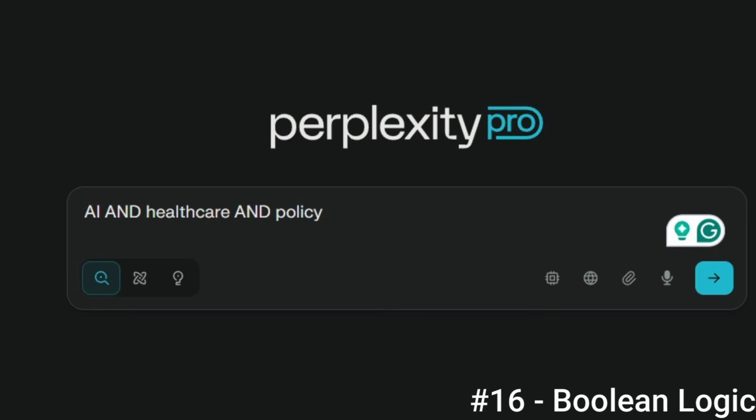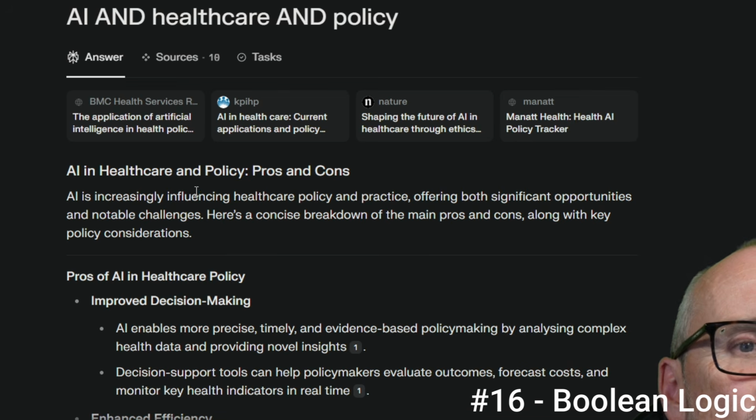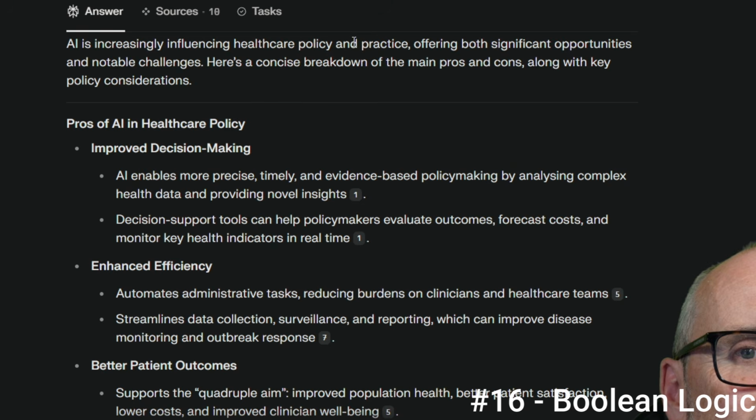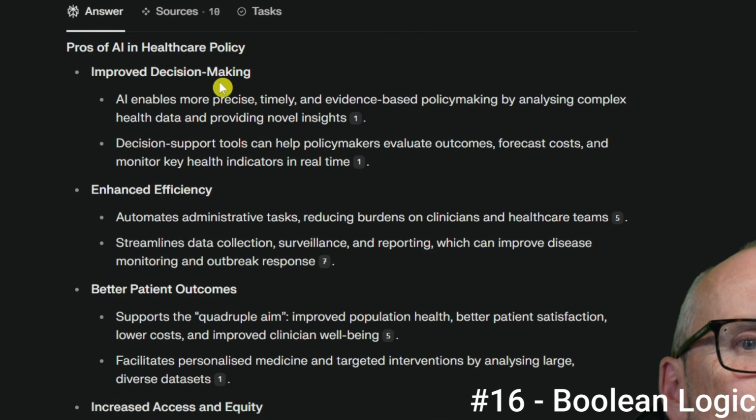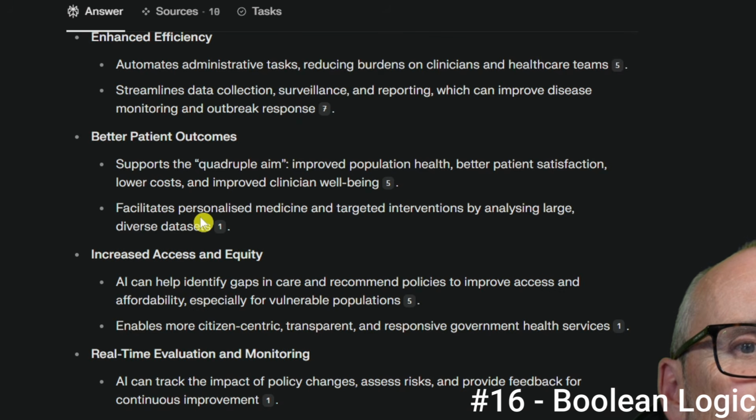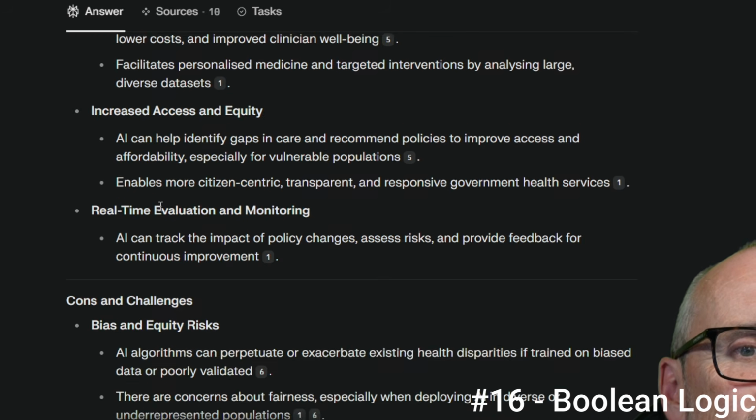So within Perplexity, you can use Boolean logic. Here I've got a prompt: AI and healthcare and policy. See what we get. Here we go. AI in healthcare and policy, increasingly influencing policy and practice: improved decision making, enhanced efficiency, better patient outcomes, increased access,